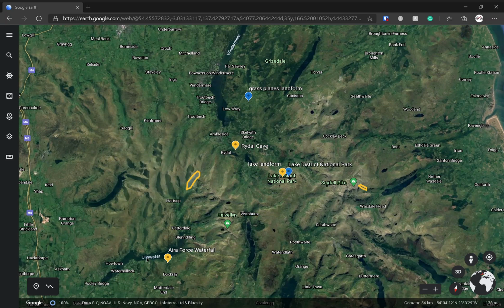So here are all the different landforms, with a valley being here, some grass plains here, over this sort of area around here. There's a cave, which are formed when softer rock gets eroded out of a harder rock in veins, leaving behind a cave. Then we have some lakes, which are generally found where water can pile up and will get refilled whenever it rains, as water drains off of the